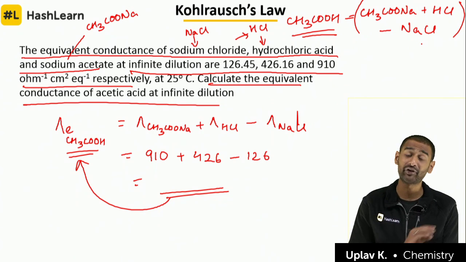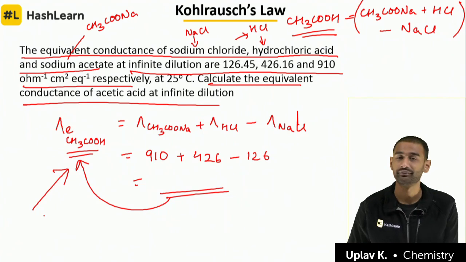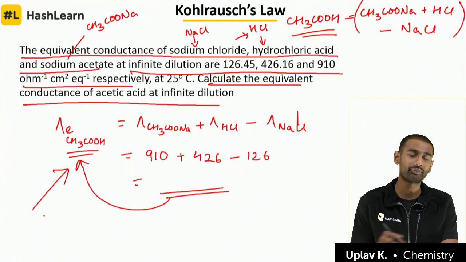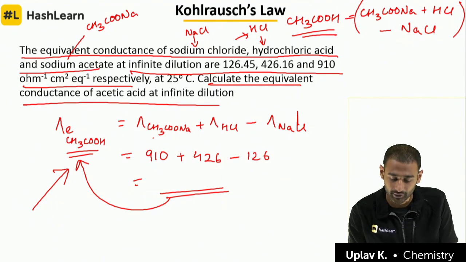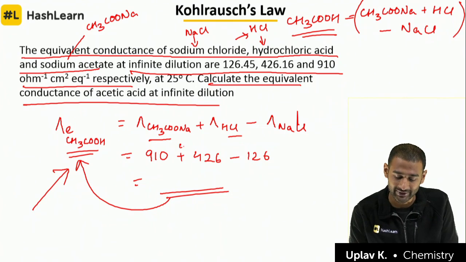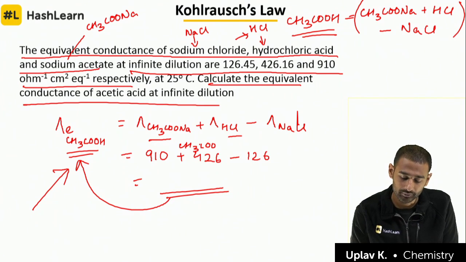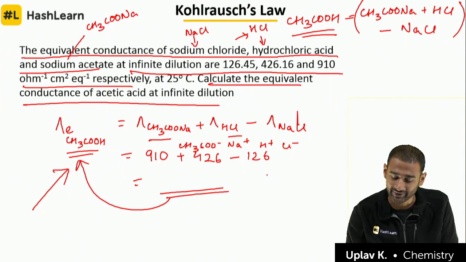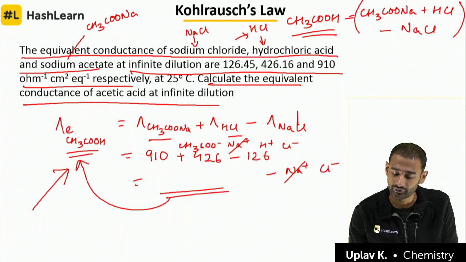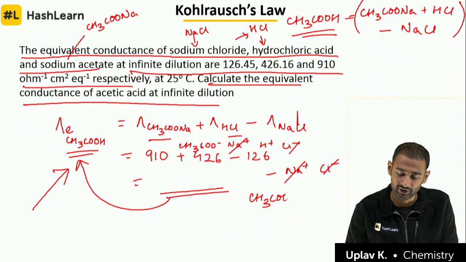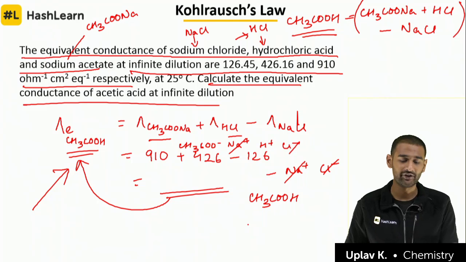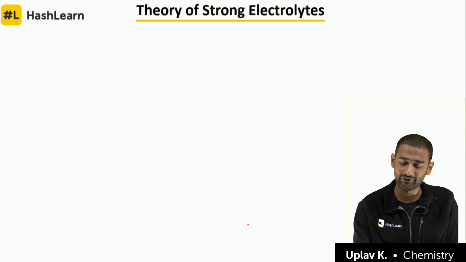In today's CPP I have given many questions on this. Just try to understand what is happening here. In a simple mathematical way, if I add this and this, I get CH3COO minus, Na plus, H plus, Cl minus. Because I'm subtracting, the subtracted terms will be Na plus with minus and Cl minus with minus. So this and this get cancelled off, and this and this get cancelled off. What is left is CH3COOH. Fine, that is how we'll do this. We will discuss this further in the next class.